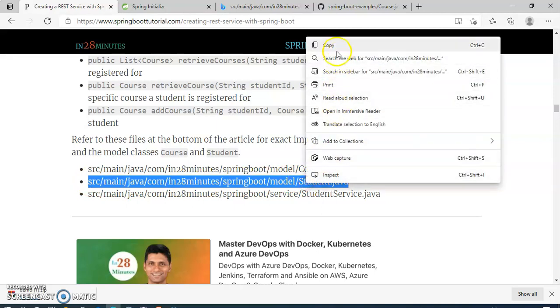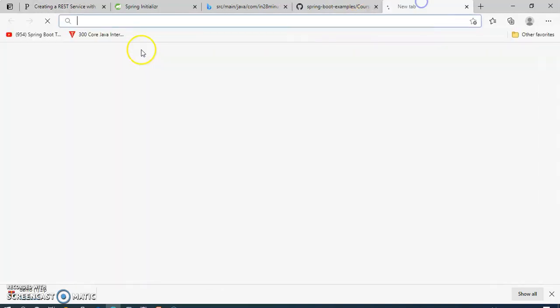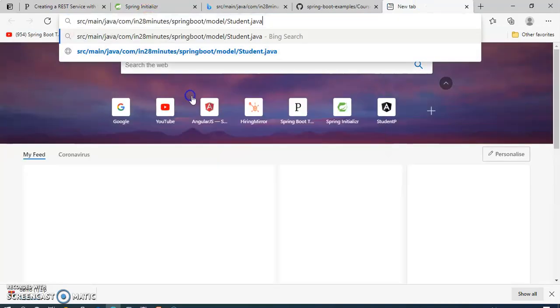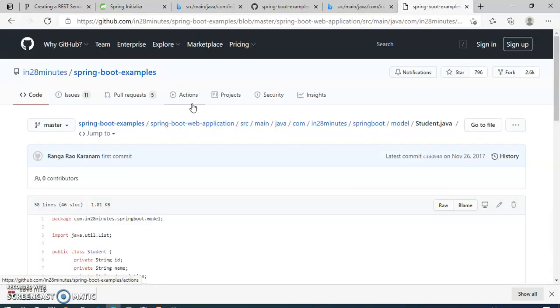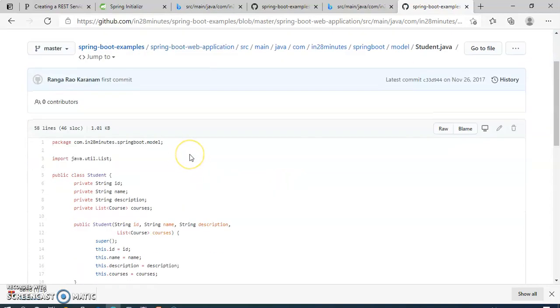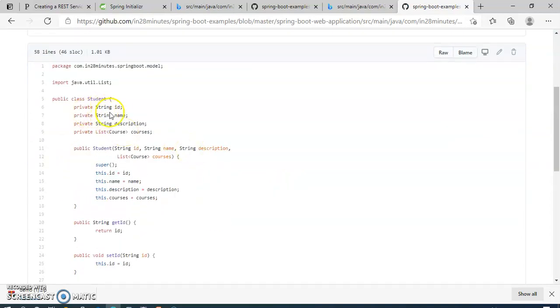What will be in the student? You can see here in the student also we have the student data: string ID, name, description, and a list of courses, which courses the student has.